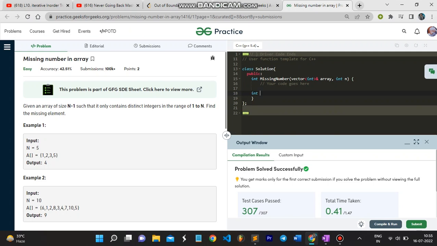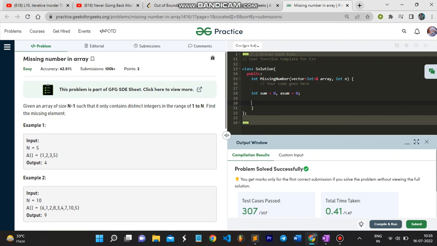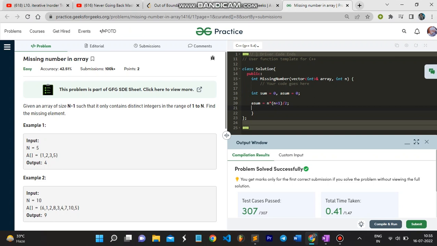I'll declare two variables, sum equal to 0 and actual sum equal to 0. I'll store my actual sum as the sum from 1 to n here, n into n plus 1 by 2. This is simply a mathematical formula which you should know if you have passed your 10th or 11th exam.